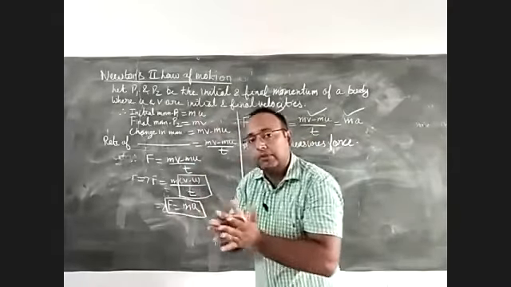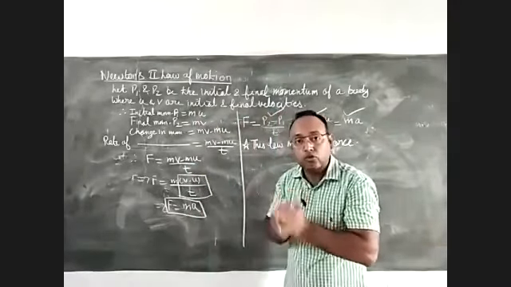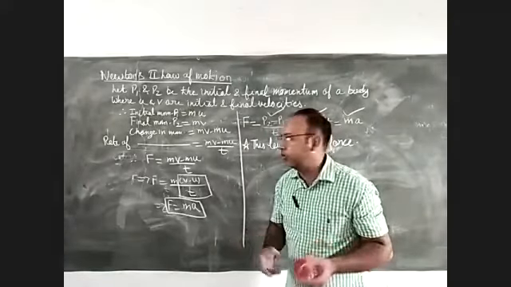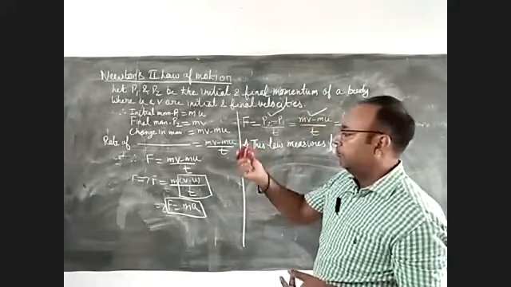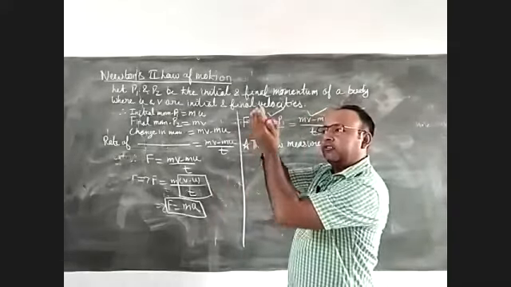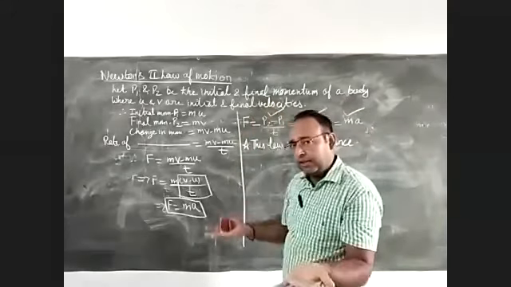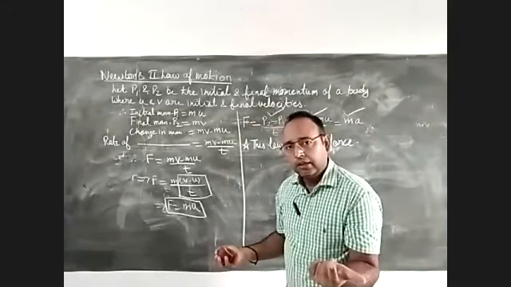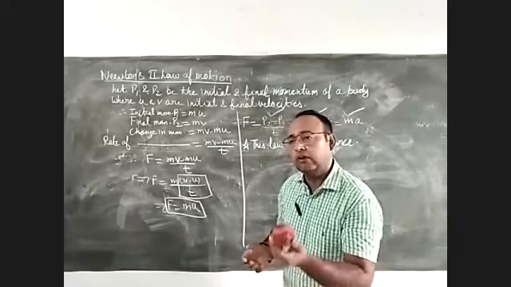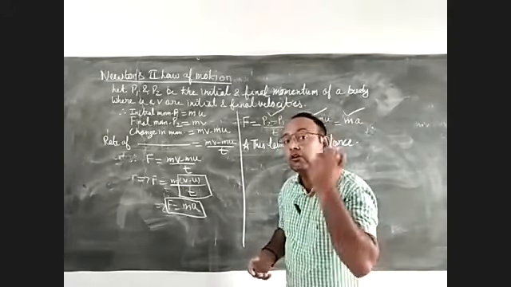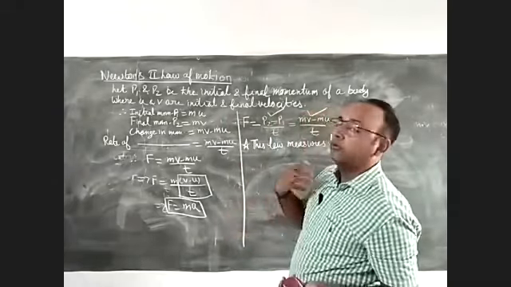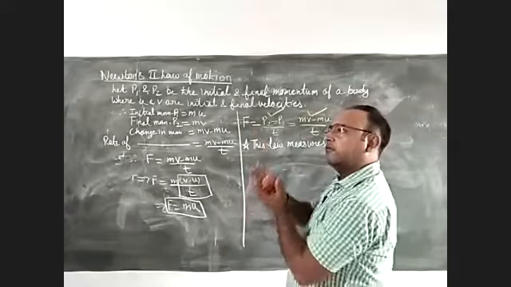So why does this happen? This is Newton's second law of motion. How is it Newton's second law of motion? Now see the ball and the time. This is the mathematical form. So what the player is actually doing, he is not aware that he is applying Newton's second law of motion, right? And the coach will never tell the player to use Newton's second law of motion. Actually, they are using it. They lower their hands because they are told that when you lower your hands, it will not hurt you.